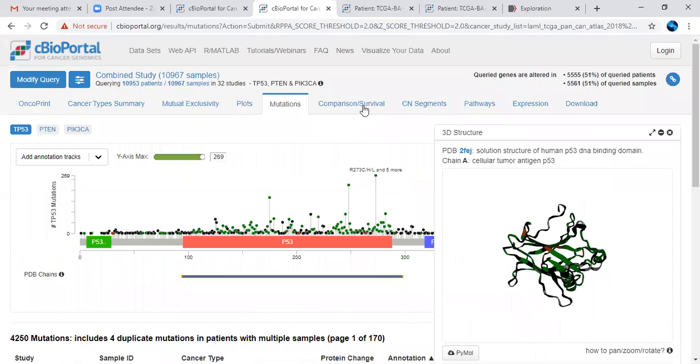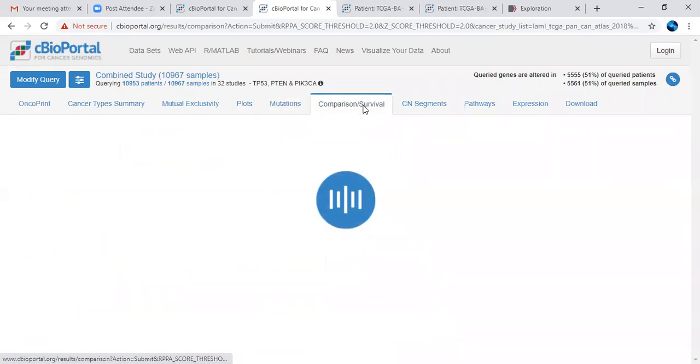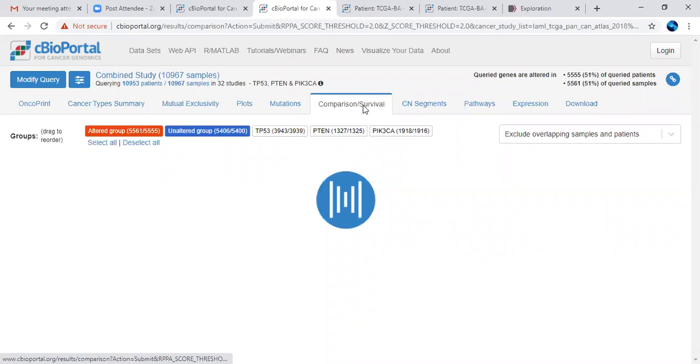So now we are going to see the comparison or the survival plots. Here we are getting the survival plot with respect to only the 3 genes we have searched, against the number of samples that have been studied.